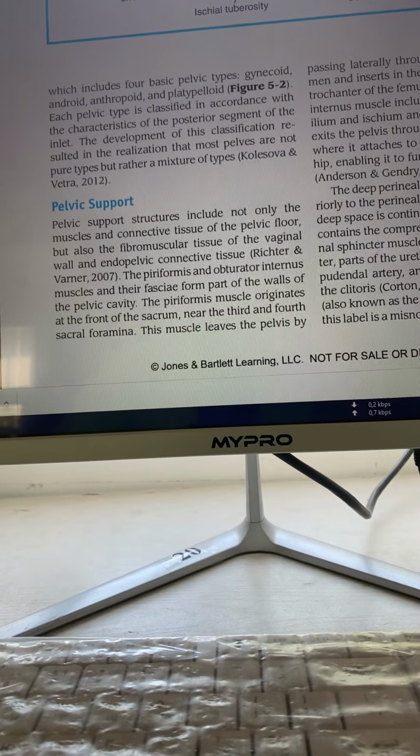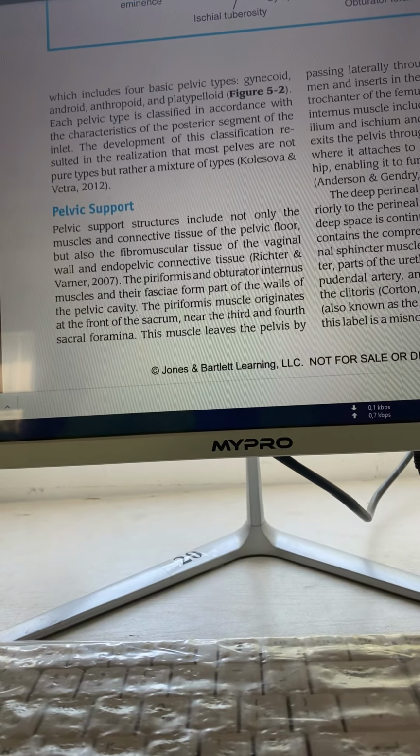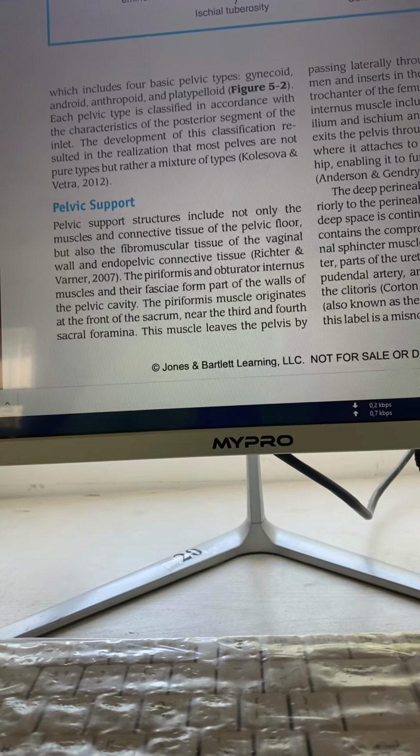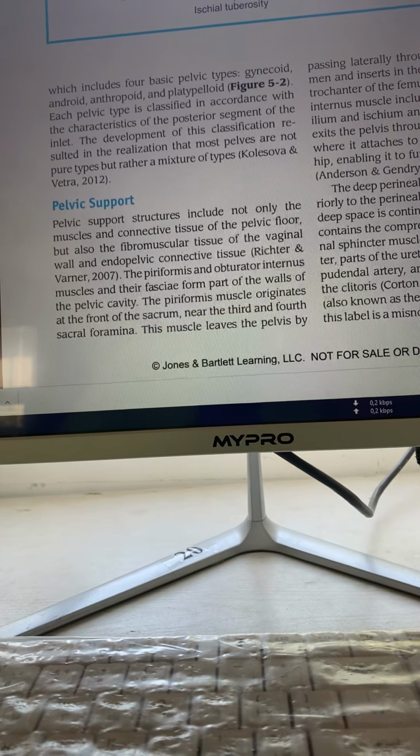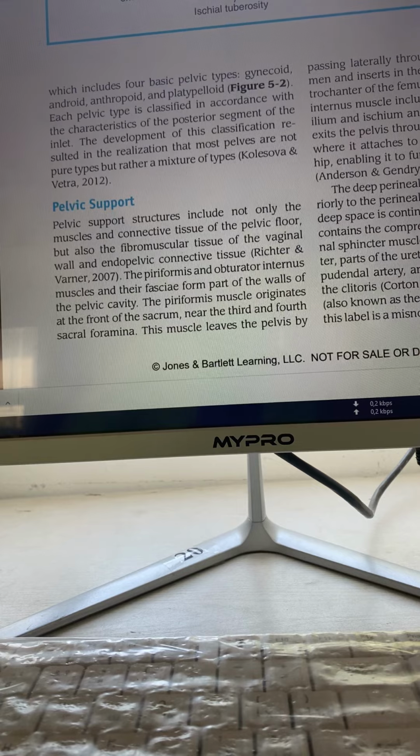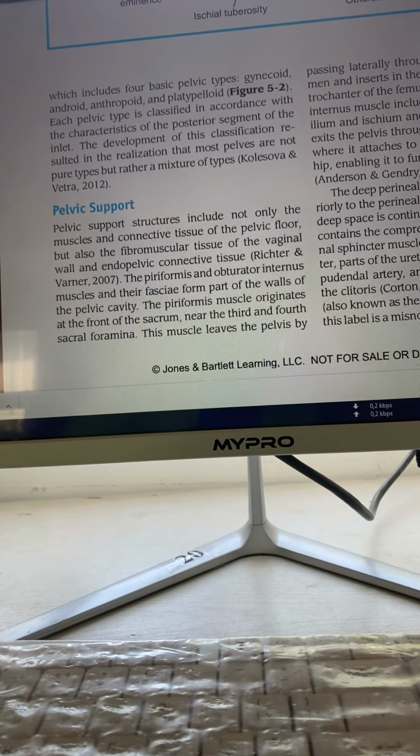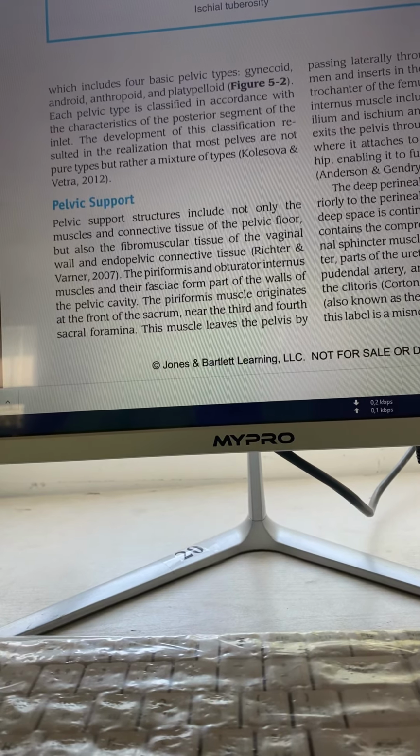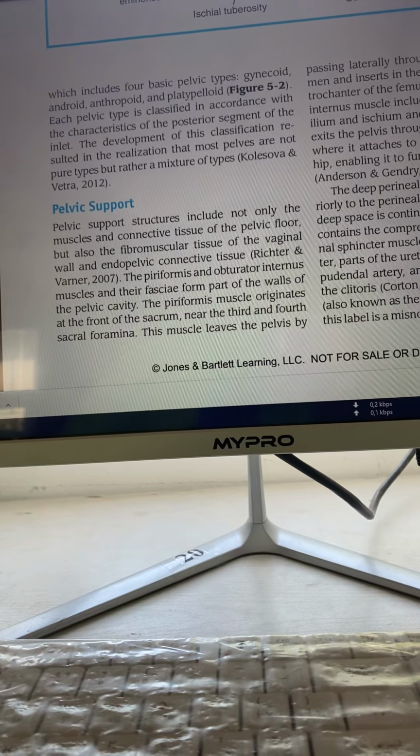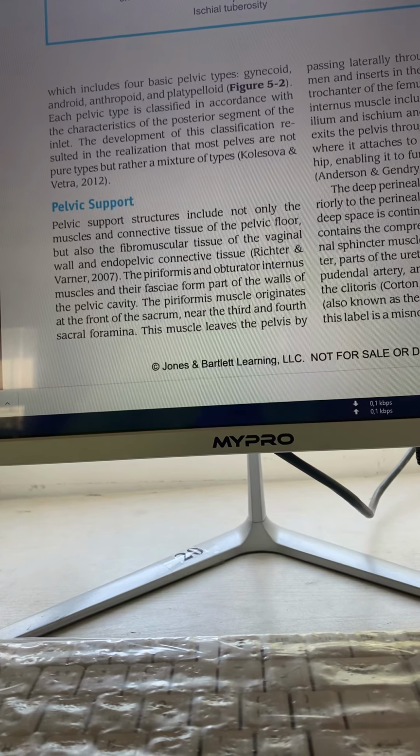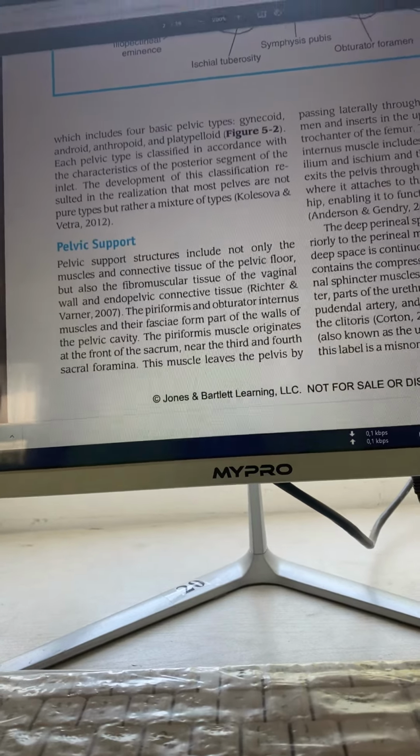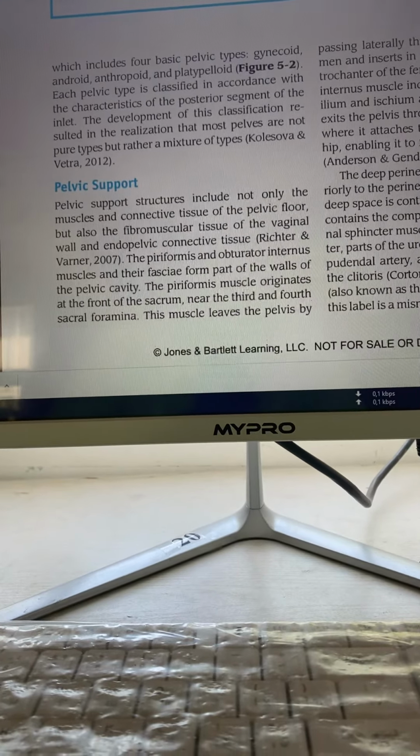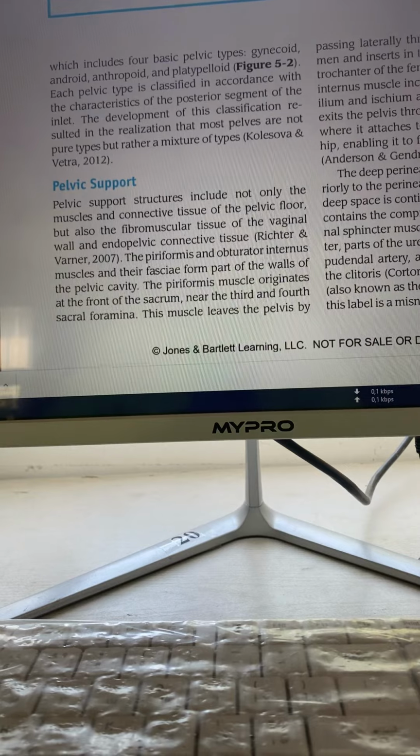Pelvic support structures include not only the muscles and connective tissue of the pelvic floor, but also fibromuscular tissue of the vaginal wall and endopelvic connective tissue, Richter and Werner 2007. The piriformis and obturator internus muscles and their fasciae form part of the wall of the pelvic